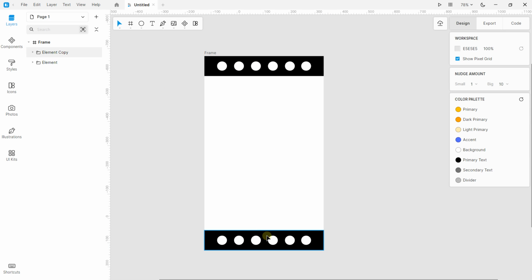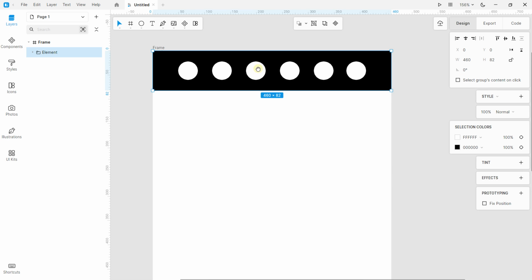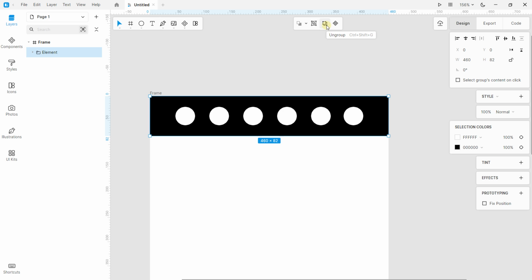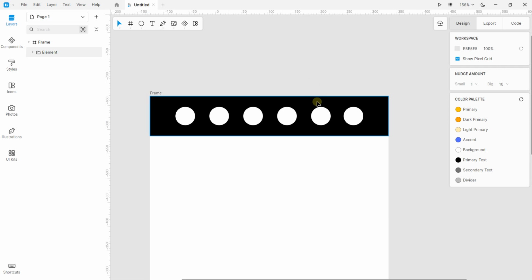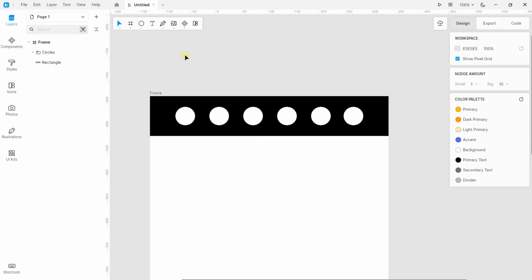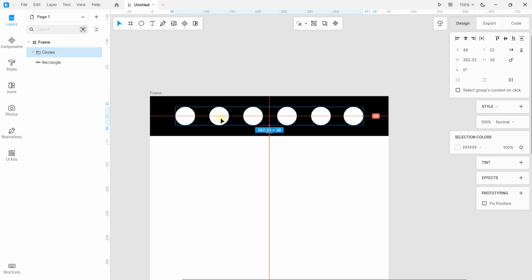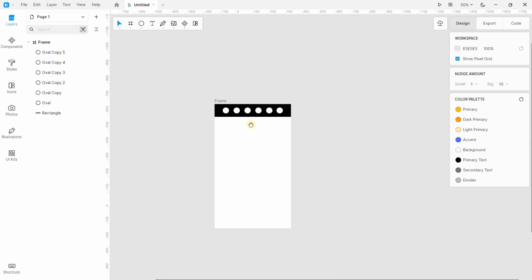If you want to ungroup an element, I'm going to remove this one. For example, I have this group. You can just click ungroup here, or you can right click and ungroup. You can also use the shortcut Ctrl-Shift-G. So I can click here and just activate ungroup. I ungroup the first one, and if I click here, I can now ungroup this one also, and now I can recover my different elements. So this is how you can work with groups.